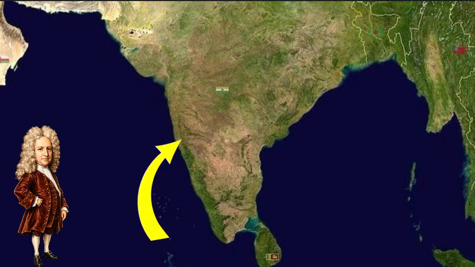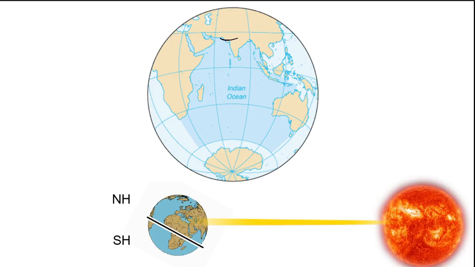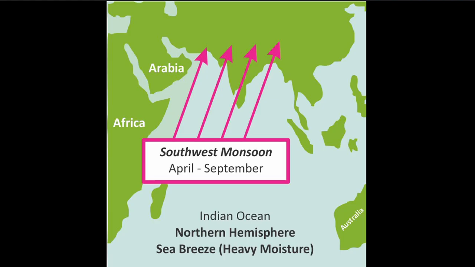Sir Edmund Halley propounded monsoon winds were large-scale land and sea breeze, which also gets generated from differential heating of land and water. During the summer, due to inclined axis of the earth, the northern hemisphere remains tilted towards the sun. During this period, an intense low pressure gets formed over northwest India. At the same time, a high pressure zone is created in the southern Indian Ocean, as the southern hemisphere is tilted away from the sun. Due to the difference in pressure condition, the wind travels from high pressure, that is from the sea, towards the land, experiencing low pressure, just the way we got to see in sea breeze.